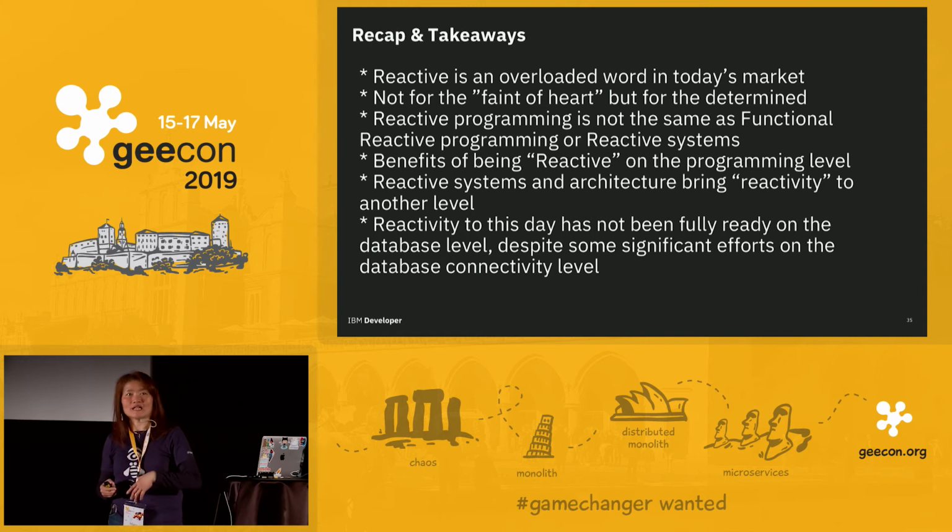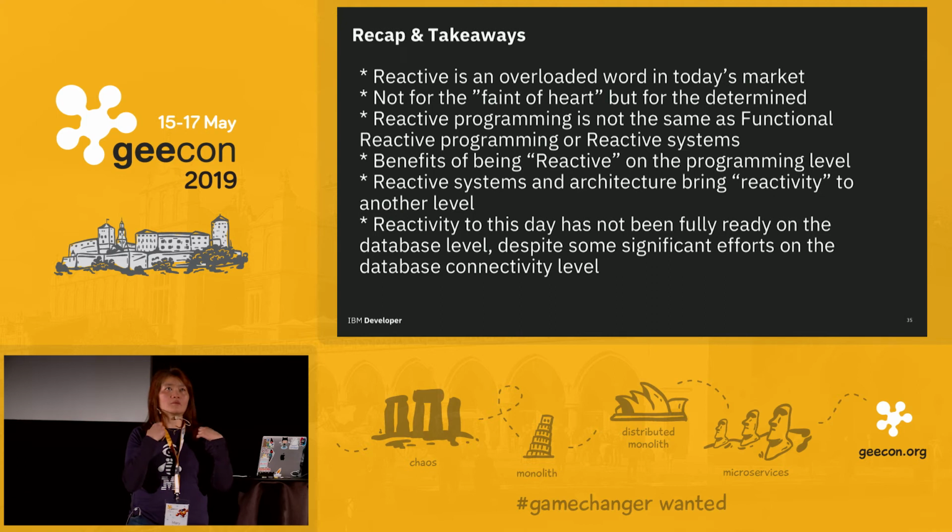So when you get down to the database, even though today we have Pivotal, with a library called R2DBC, for example, that's a reactive database connectivity library, it's only done on the connectivity level. You have NIO, non-blocking. But when you get down to connecting to the database, the database itself goes back to the blocking way of making calls. So that's something I want to point out too.